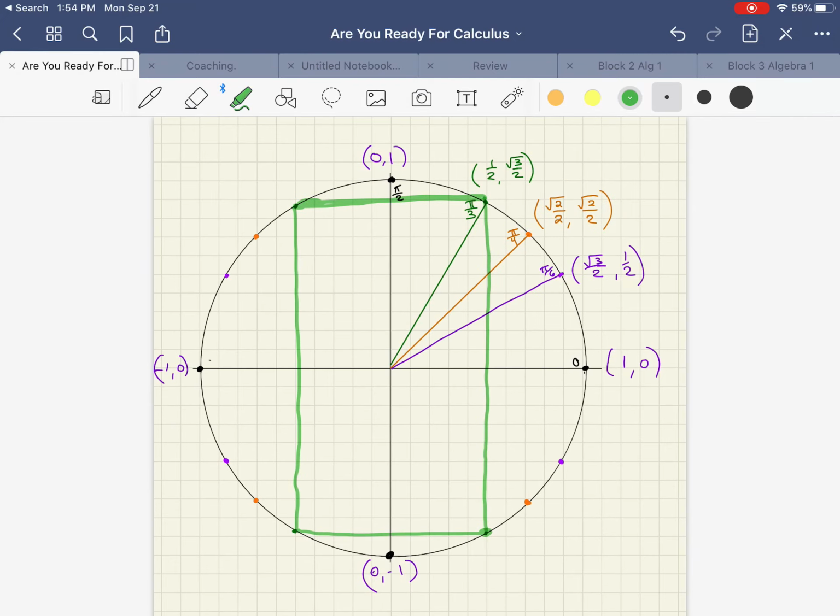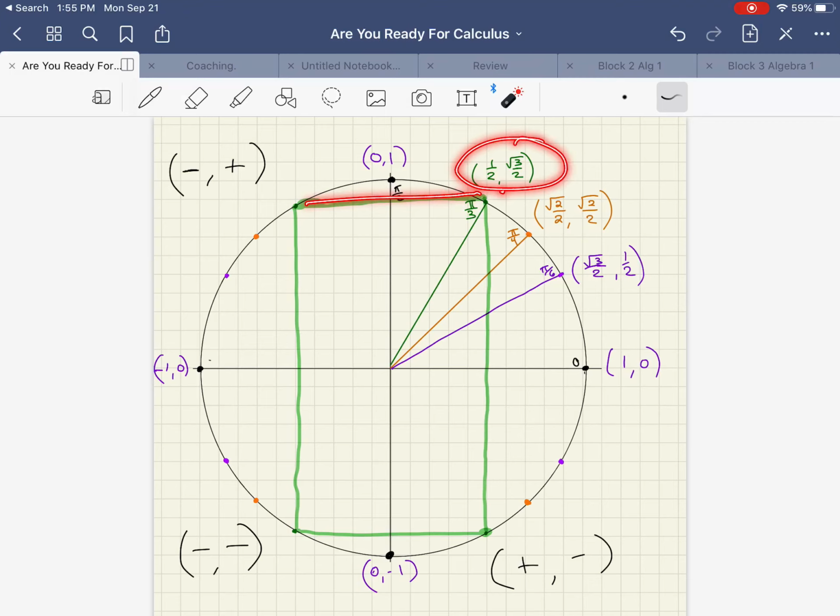If you're familiar with the coordinates and the signs of values in those coordinates, you know that quadrant 2 over here will have a negative for the x and a positive for the y. Quadrant 3, both the x and the y are negative. In quadrant 4, the x is positive and the y is negative. So if I went to this point in particular, I'm going to use the same coordinates that I had here, except I'm going to match them up with those signs. So really, it comes down to memorizing this quadrant and those coordinates and finding the right locations,